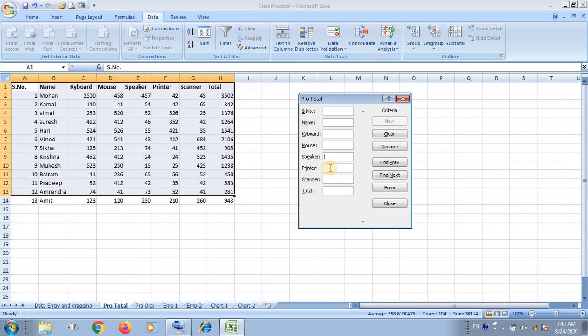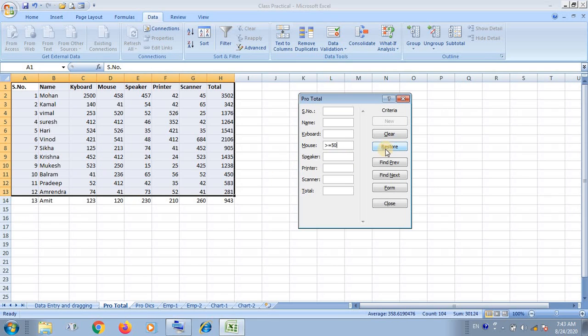Suppose you have given a condition like more than or equal to 50 mouse. Whichever records have more than or equal to 50 mouse will be shown.